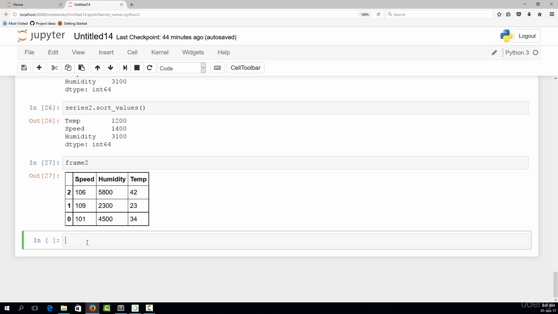What you could essentially do is type in frame2, and after typing in frame2, you could simply type in a dot, and that's going to be sort_values. So this is actually the same. Now one extra thing which you need to do here is type in by over here. So by equals, and in single quotes you need to define the column index according to which you want to sort the values. Let's say you want to sort the values according to humidity. So you simply need to type in humidity,